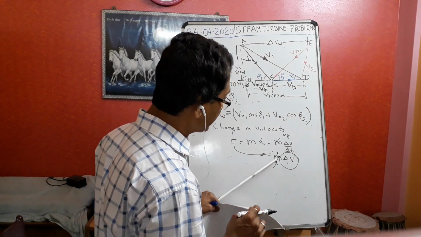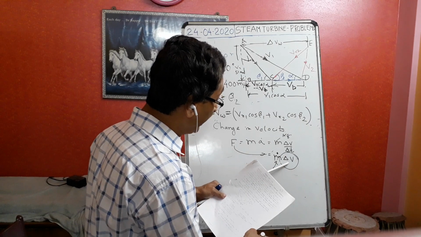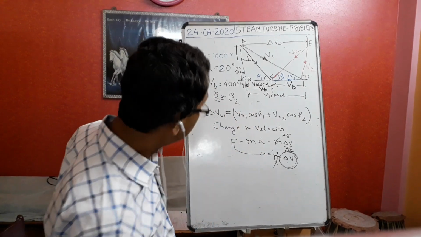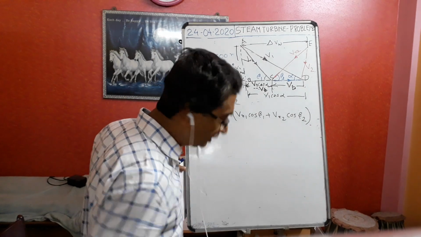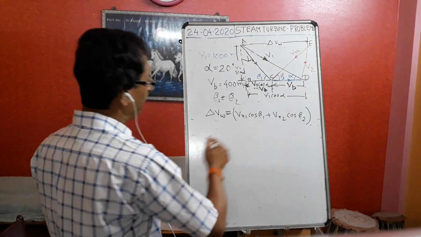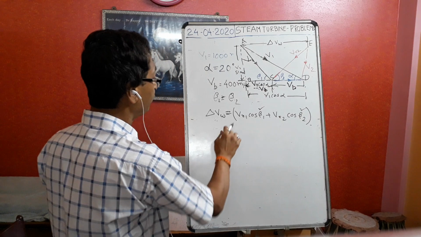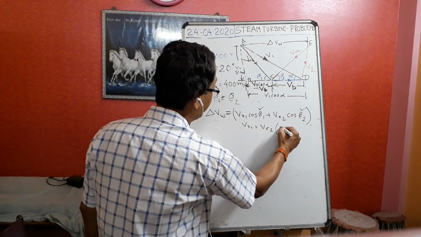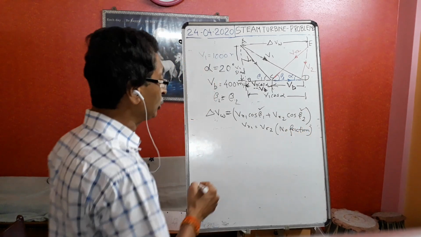Kg per second, now the kg per second is given. We were given 0.75 kg per second. So m dot is given. So del v, what I have to find out? In this problem, I have to find out what is the del v w. I know already, we have done our calculation. Del v w formula is Vr1 cos beta 1 plus Vr2 cos beta 2. But beta 1 already I found out. Beta 2 already I found out. So Vr1, I know Vr1 is equal to Vr2 here. Why? There is no friction, so that's why Vr1 and Vr2 both are the same.